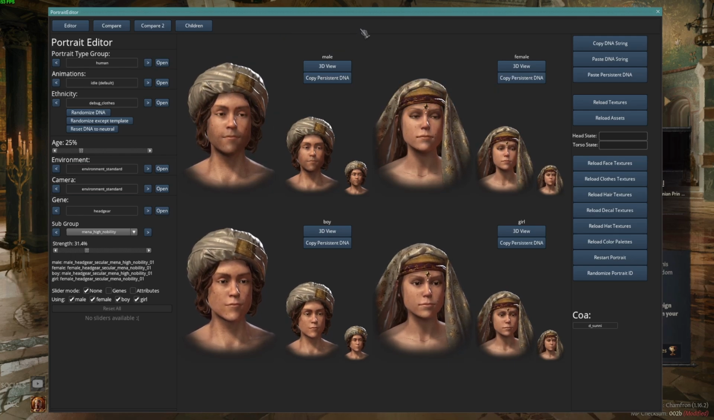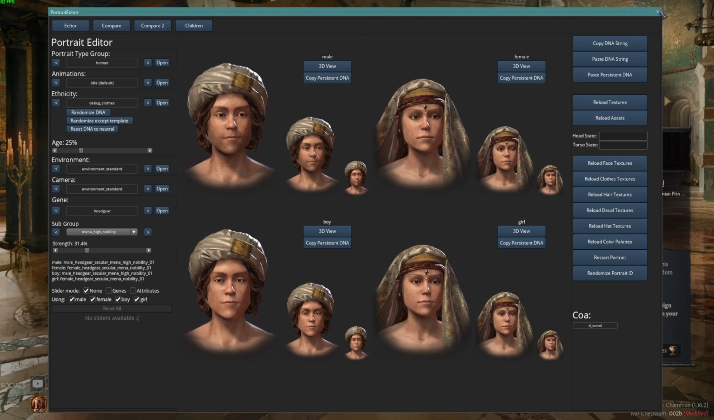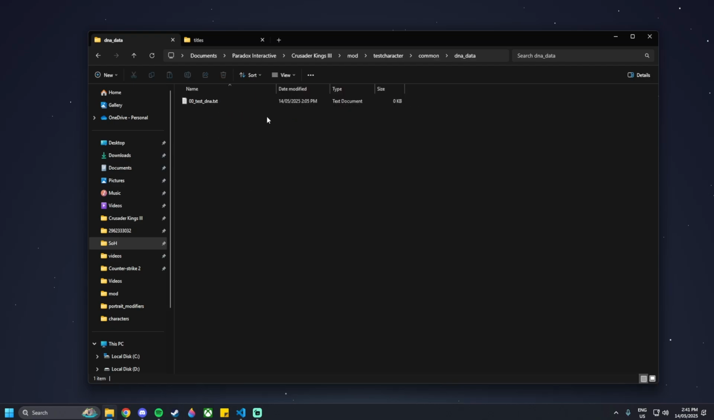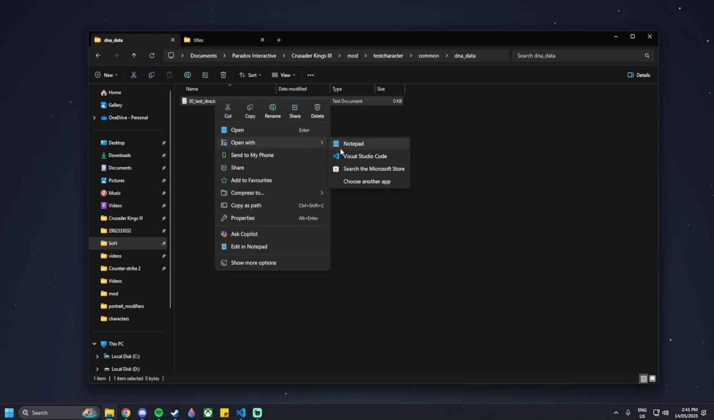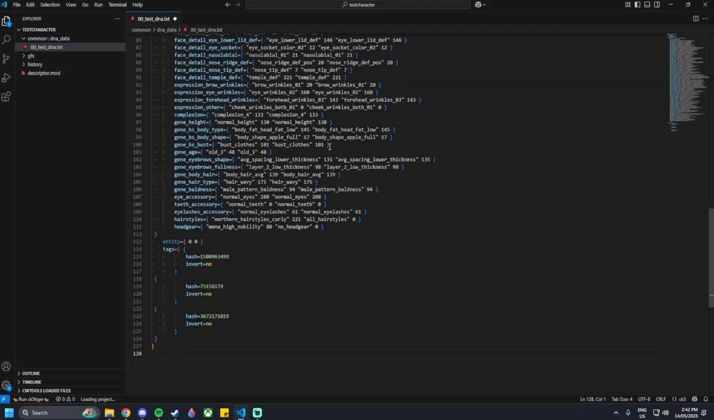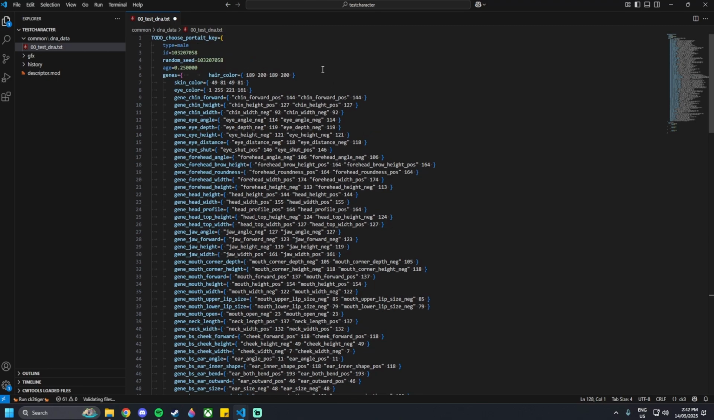So I'll go ahead and click that, and you can exit out of Crusader Kings now. Once we've exited, we can go back into our file explorer and find our mod folder again, go into common data, and then just open any file with Visual Studio Code. Once that's open, you can copy paste the DNA that you have just copied from in-game,